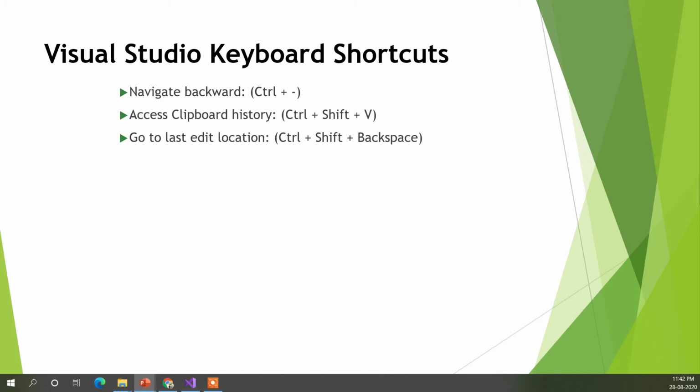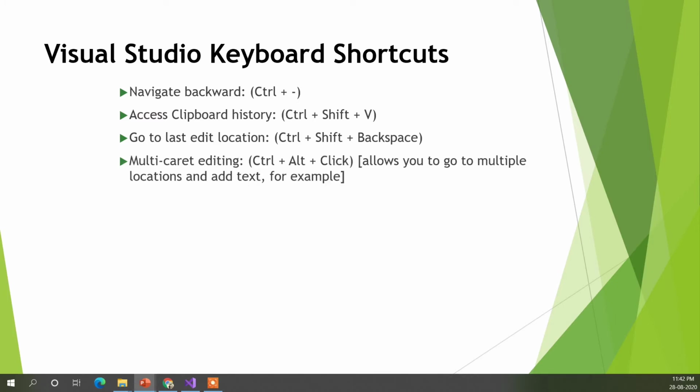And this is go to last edit location. It's very handy when you are editing something and then you want to see the reference in other files in order to edit something, so you end up going to different locations. When you go there, you can use this shortcut to get back to the last edit location. The last edit location is where you actually typed something or tried to change something.